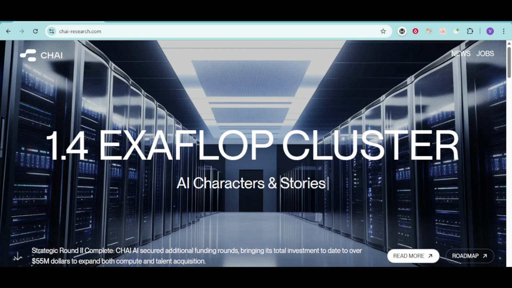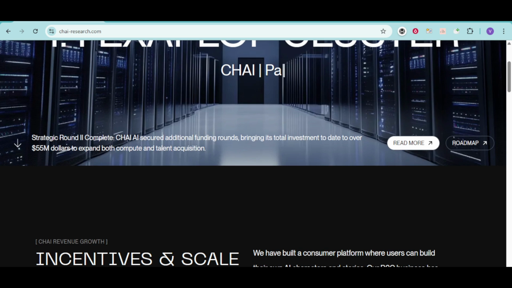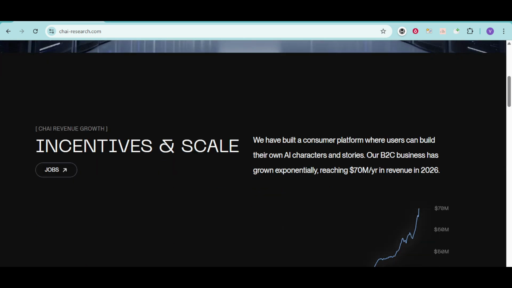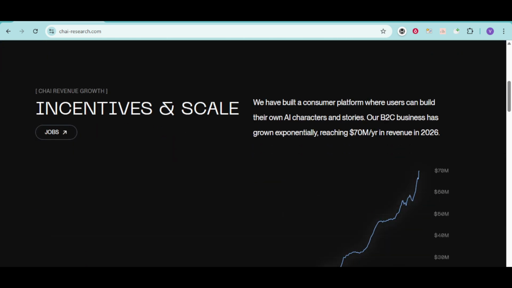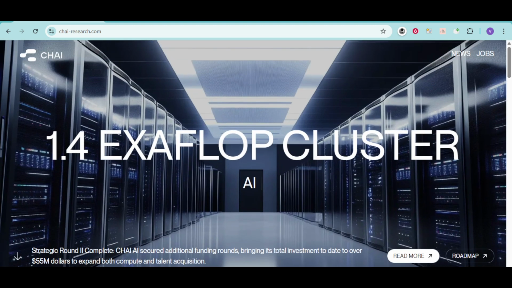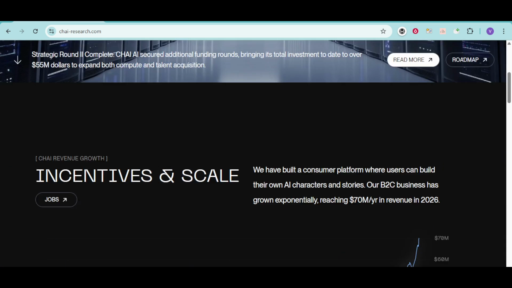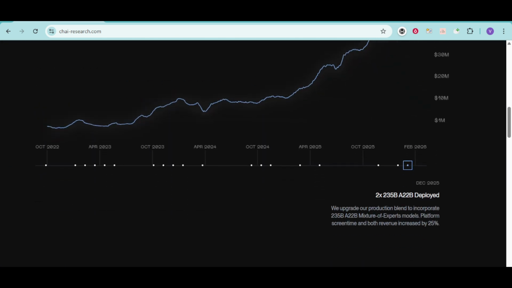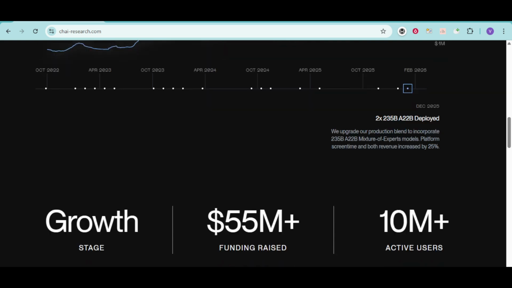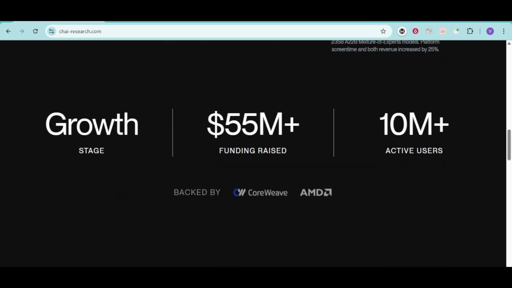Before you can start an actual conversation, you need to sign in using your Google or Apple account to save your progress in chat history. Once you are logged in, the main dashboard will display a selection of popular and trending bots created by the community. You can scroll through these options or use the search bar at the top to find specific types of personalities or roleplay scenarios. If you see a character that looks interesting, simply click on their profile to open the